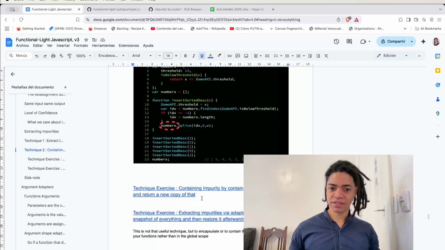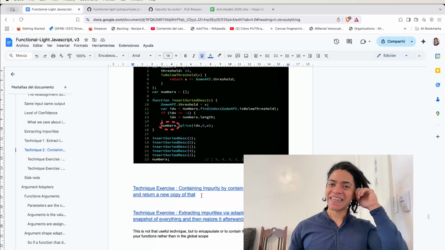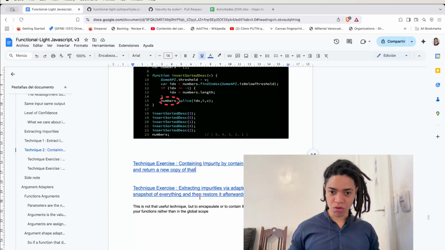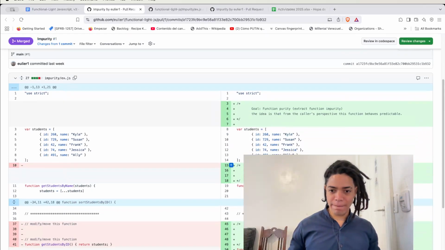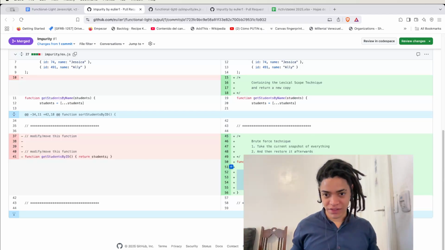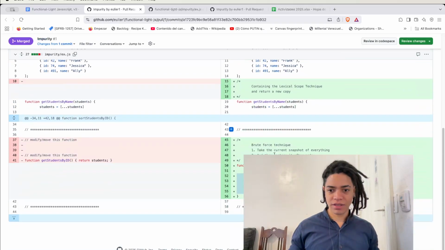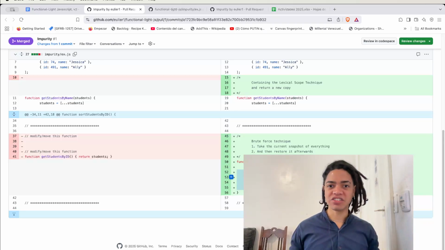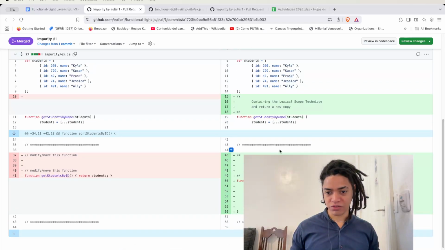And the other is extracting impurity via adapter, or in other words, taking a snapshot of everything and then restoring it afterward. Why is this important? Because unlike the previous examples here, since we don't have any function declarations inside of this function, now we are dealing with the dynamic nature, or dynamic scope. So by the time you call this function, which is the sort student by ID,